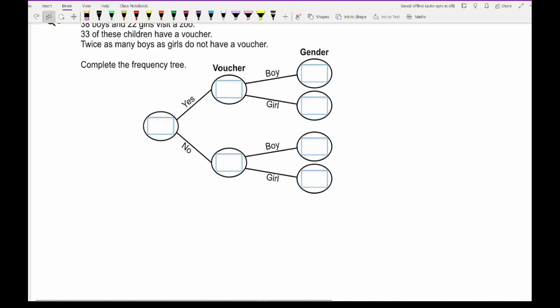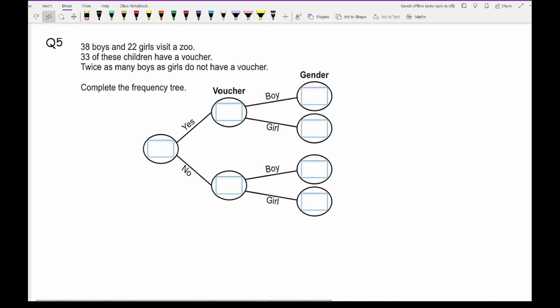Now moving on to our next question, it says that 38 boys and 22 girls visit a zoo. 33 of these children have a voucher. Twice as many boys as girls do not have a voucher. Complete the tree diagram. Now this question is a little bit tricky because it doesn't tell me what the total number of people are, but by reading the question carefully, I can work that out. So here the grand total